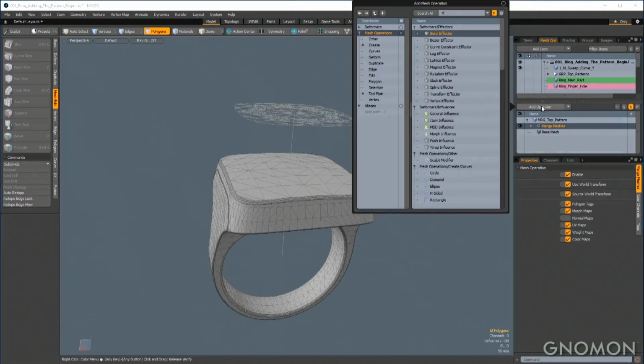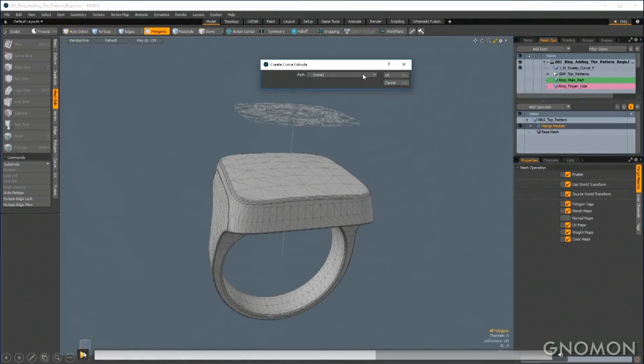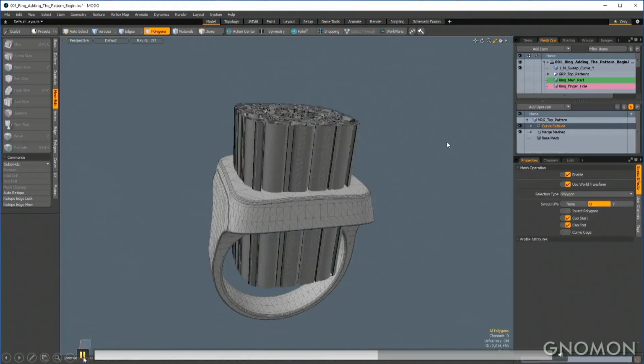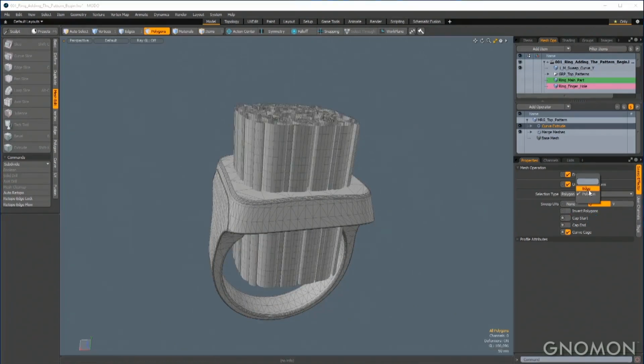And then on top of the merge meshes mesh operation, I'm going to create a curve extrude. And it's going to ask me for a path. And I'm going to use the 1 meter sweep curve. And what I'll see is the pattern is swept along that path. And I'm just going to activate curve cage so that the sweep geometry isn't so dense. And then I'm going to deactivate the cap start and cap end. Now, you'll see why I'm using a merge meshes mesh operation in a few minutes, and it's going to be pretty cool.